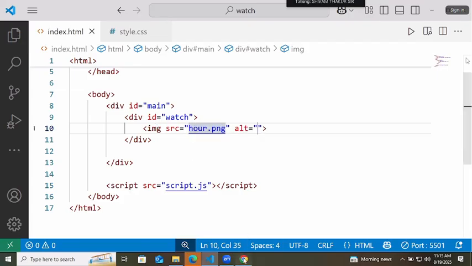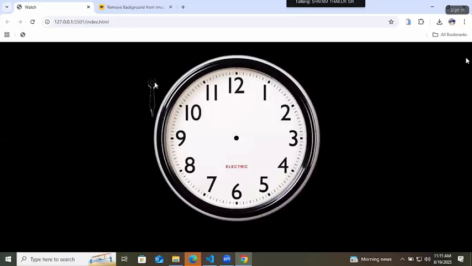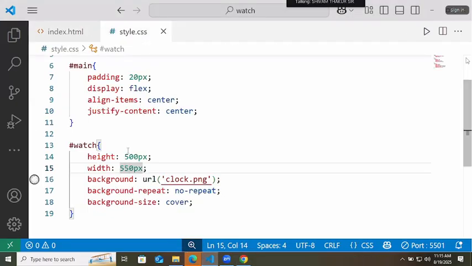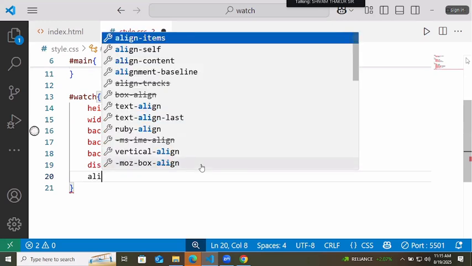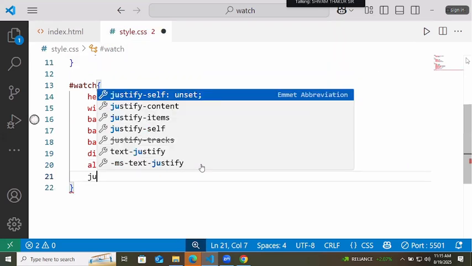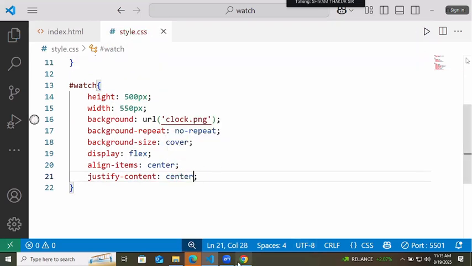Our .png. So we are getting this image like this. So to this, display flex, align-items center and justify-content center.